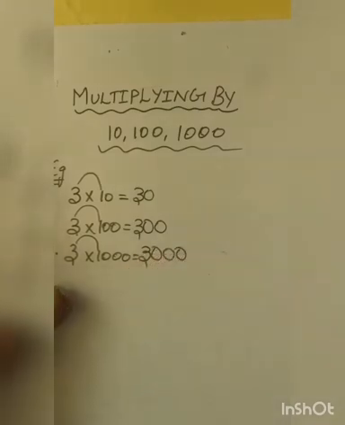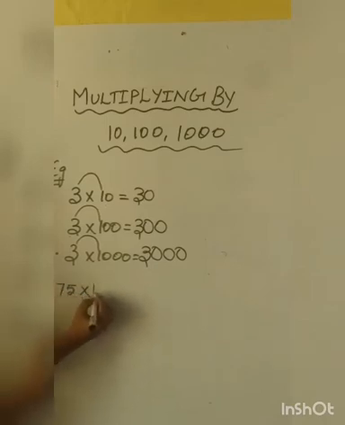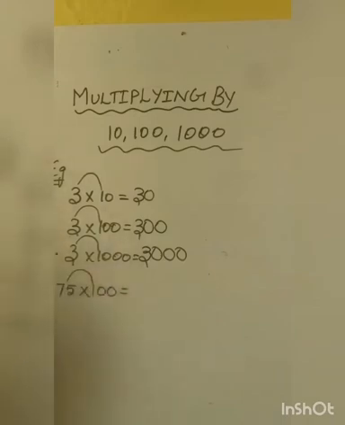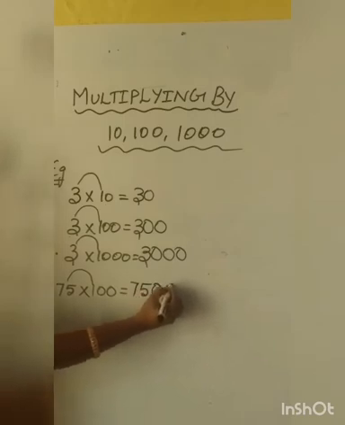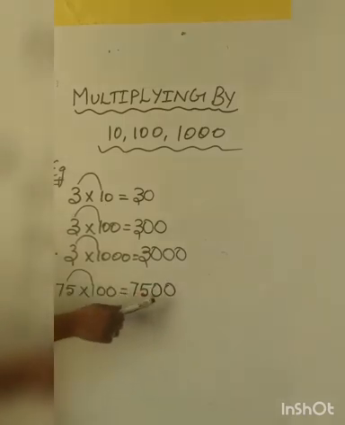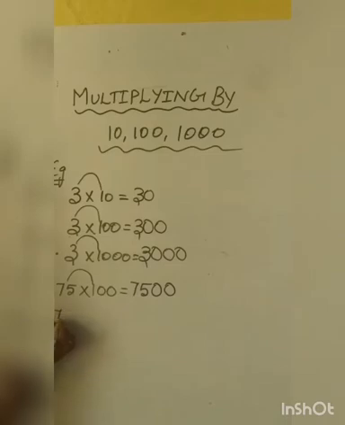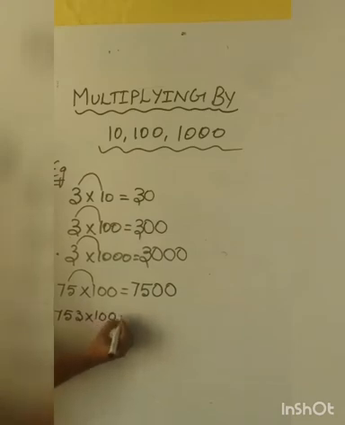So another example, just I want to take 75, multiply by 100. Okay. So first I have to multiply 75 into 1. 75 multiplied by 1 equal to 75. The number itself, so 75. How many zeros? 2 zeros. So just you have to put the zeros on the right side. 7500. Next I want to write 75 into 100 equal to.